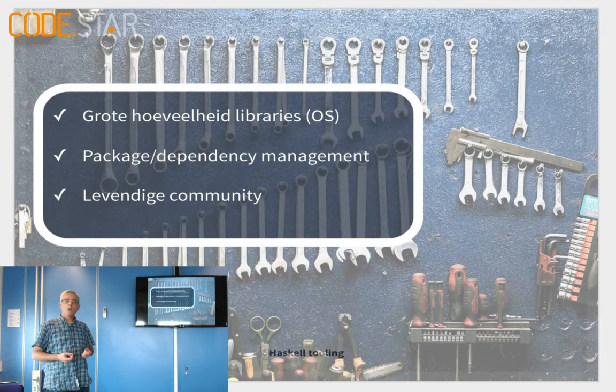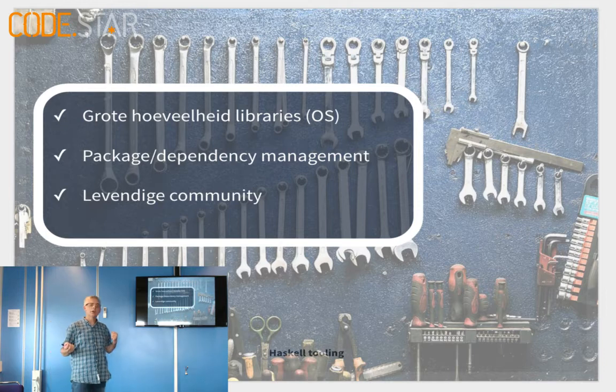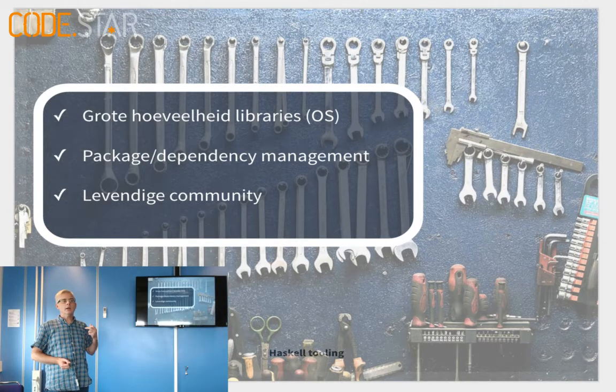So if there is any function you think, well, I need something like this, but probably someone else already wrote something like that, then you can just write down the type of the function you need, and you can just Google it,